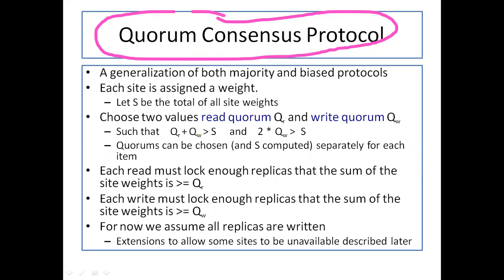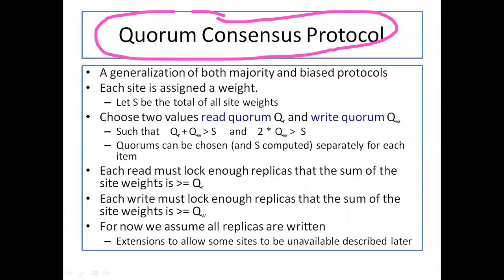ओके मैंने क्या बोला, मतलब आपने एक मेजोरिटी बेस्ड प्रोटोकॉल अभी पढ़ा और बायस प्रोटोकॉल भी पढ़ लिया। मेजोरिटी में हम सारे साइट्स को कंसीडर नहीं कर रहे हैं, बट मेजोरिटी क्या है, उस मेजोरिटी साइट्स में कैसे क्या हो रहा है उसमें ज़्यादा फोकस कर रहे हैं। और बायस में हम कुछ एक्सक्लूसिव ऑपरेशंस के लिए सारे साइट्स को कंसीडर कर रहे हैं और शेयर्ड में एक साइट को। अब इन दोनों को कंसीडर करके हमने कोरम कंसेंसस प्रोटोकॉल बनाया है। यहाँ क्या करते हैं, हर एक साइट को एक वेट असाइन किया जाता है,